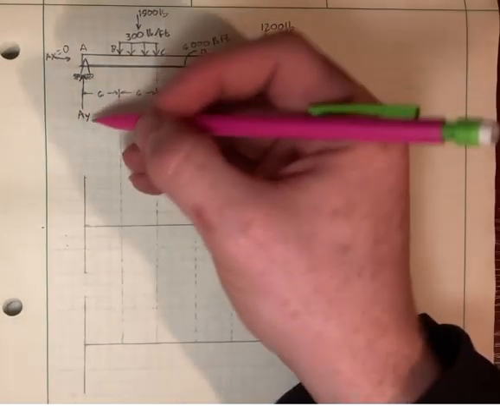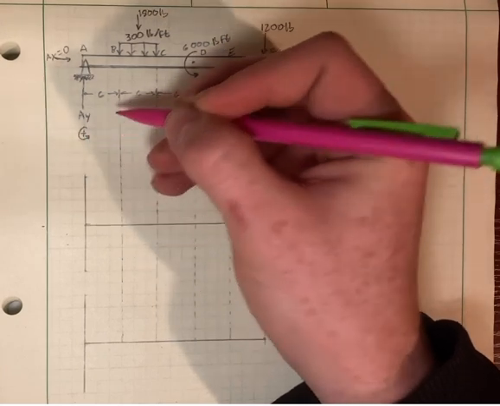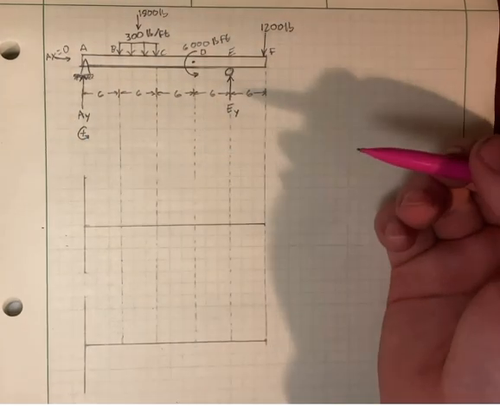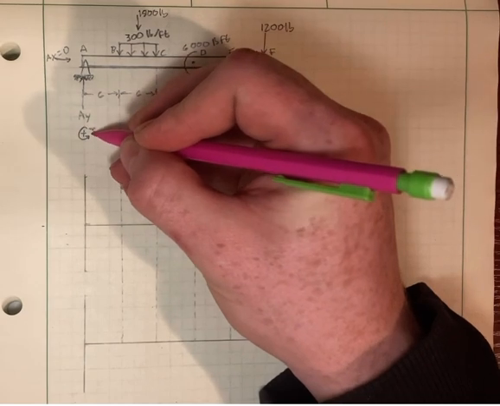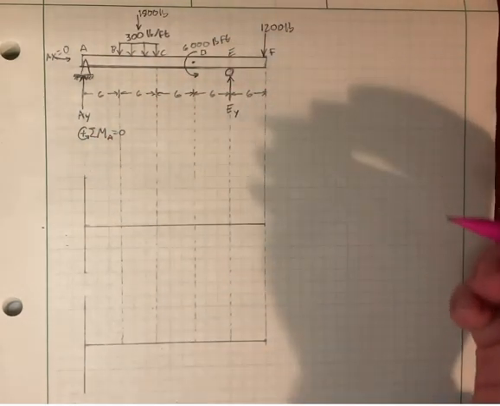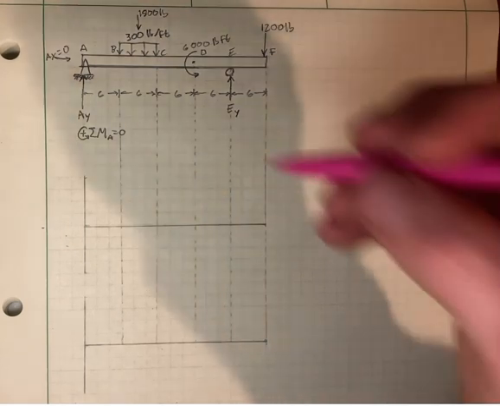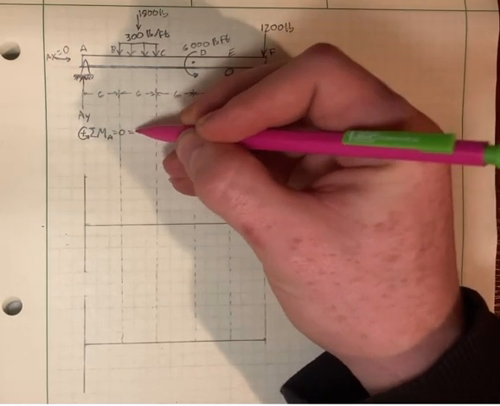So I'm going to do, see if I can fit it in here, positive moment, like that. Summing moments about A equals 0. And let's see, that equals,